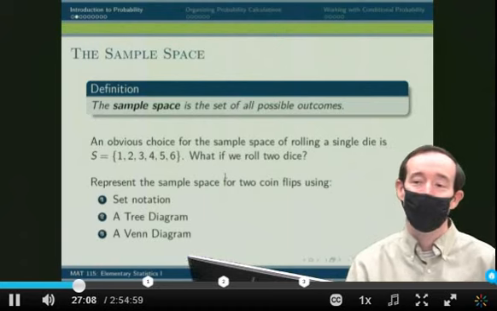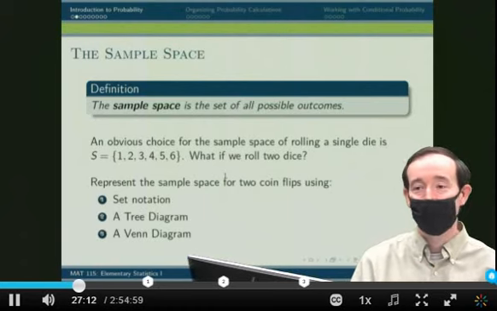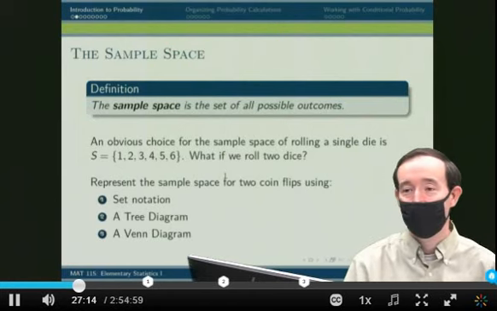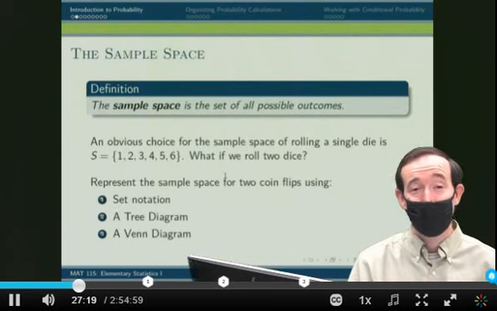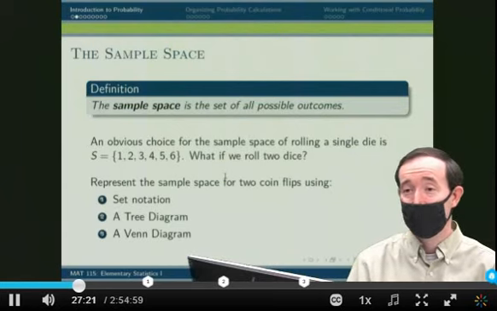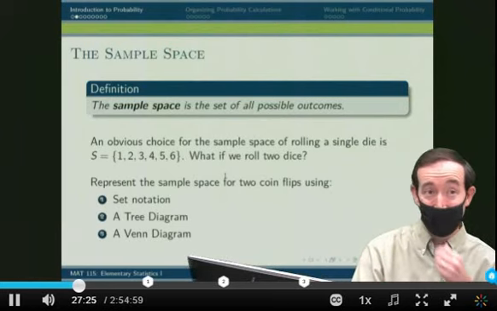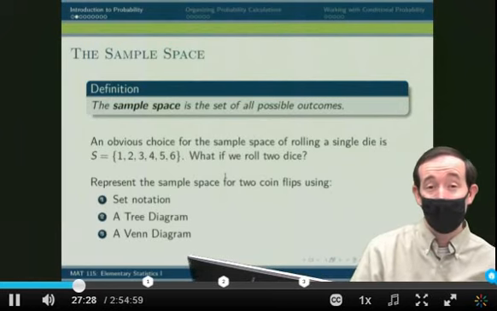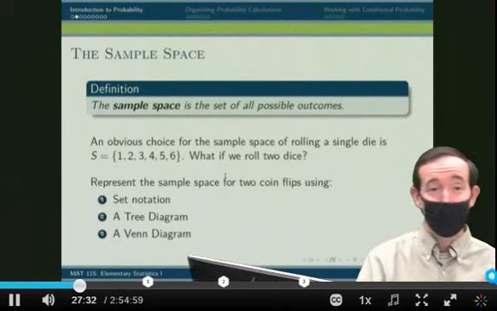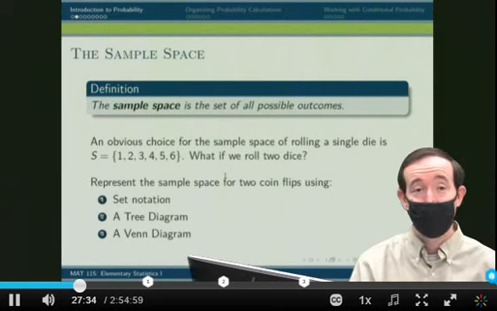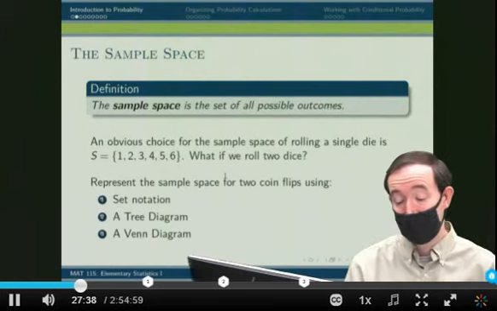That's not true if I look at the sample space from 2 to 12. A 2 is far less likely than, say, a 6 as a sum. And the reason is because there's only one way to get a 2, and there's multiple ways to get a 6. Okay. And so it is kind of important to think about that. This is why we want to be able to outline what our sample space looks like. In some cases, there are multiple possible options, and each one has different advantages and disadvantages. Okay. So knowing specifically what your sample space is will help you a lot with understanding how to calculate these